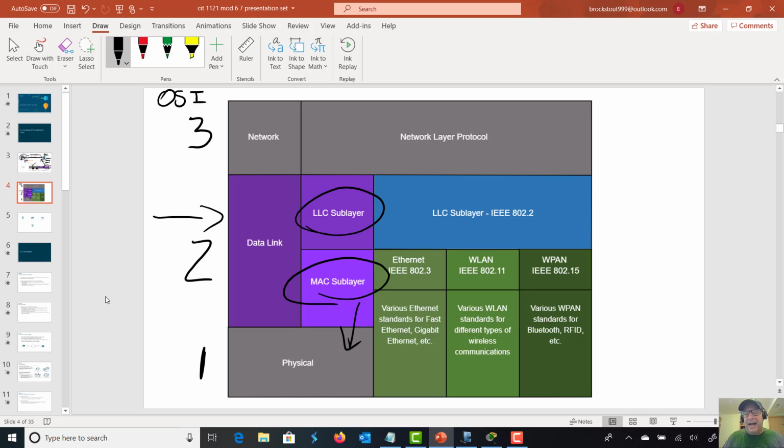So we'll use Media Access Control addresses to identify the jobs of the Media Access Control, right? Yeah, absolutely. So how fast are we going to send this stuff, Media Access Control stuff? Is there any authentication that goes along with it? What is the format of the addresses that we're going to use? In fact, pretty much everything is Media Access Control stuff except for what they define here with the LLC sublayer,